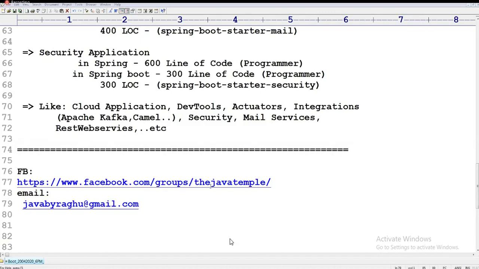About these sessions, online or offline, please communicate to the front office or IT administration. Cloud is also going to be completed here. Kafka and Camel are also covered.